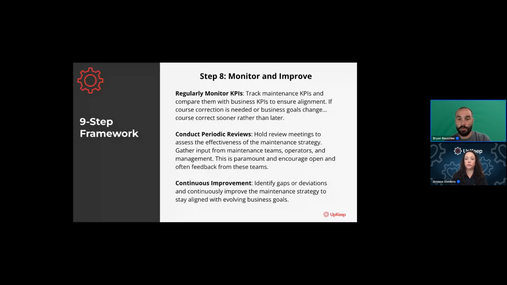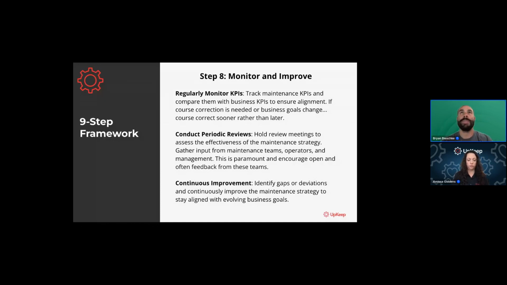Monitor and improve. What is the point of doing all these things and then not understanding where you are and not course correcting? Because there's always room for improvement. There's always an optimization tactic or strategy that can happen. And the reason I say always is because the business is generally ever changing, and you're going to have to pivot. Being able to monitor, have that historian, and understand the things you're measuring allows you to pivot and know where you should go, right?